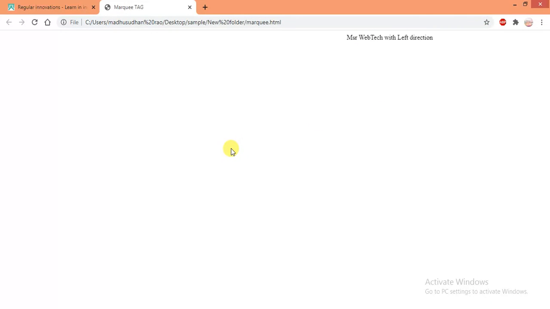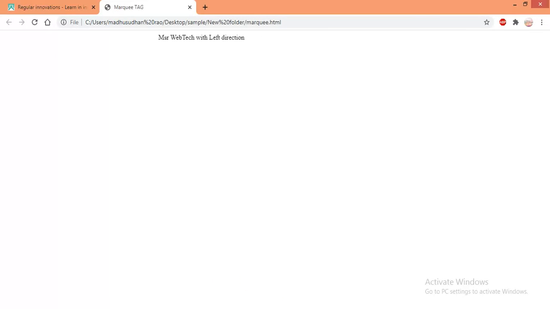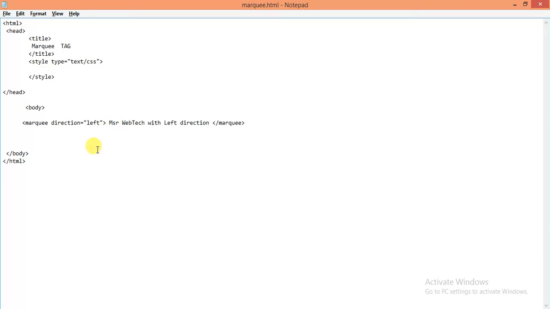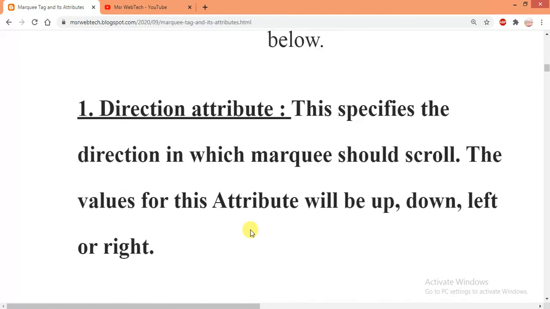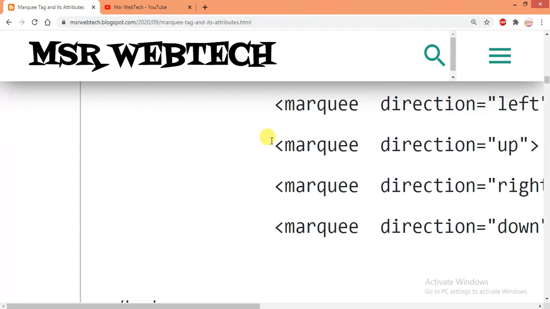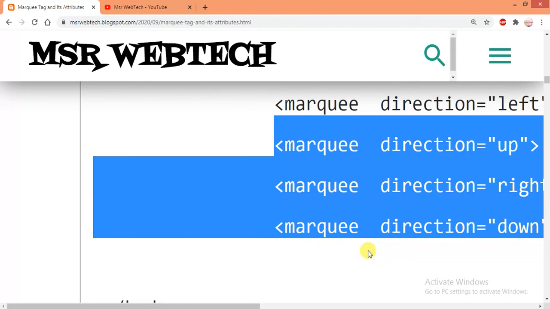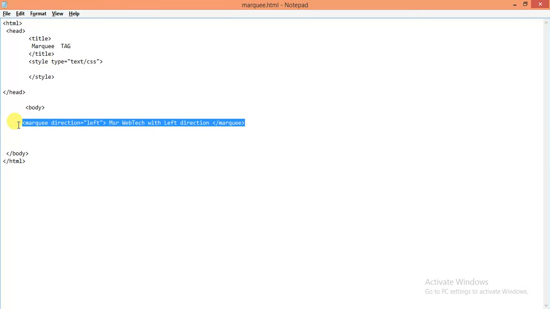First, we will see all the attributes and how their effects work. I have already written the coding. I will provide the link in the description box. You can also copy that code.